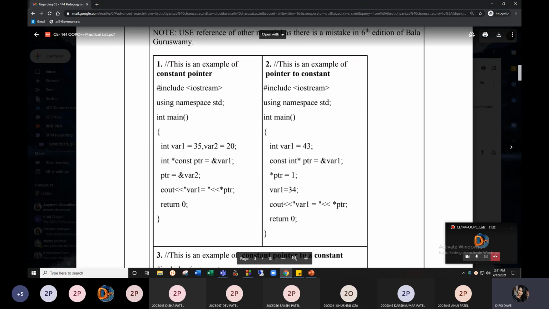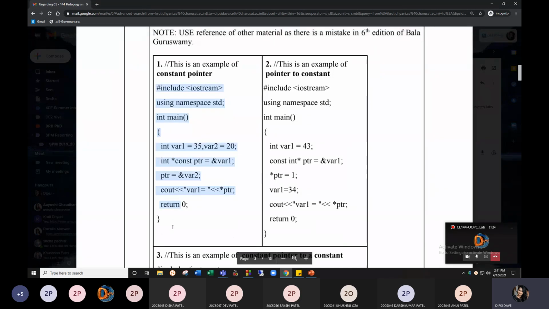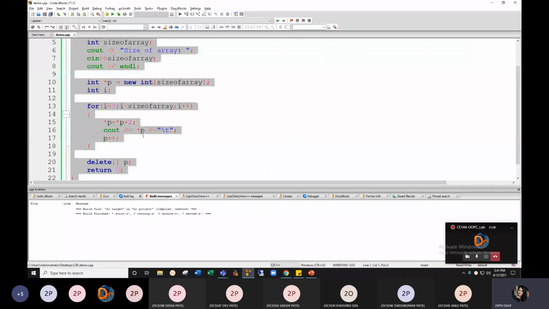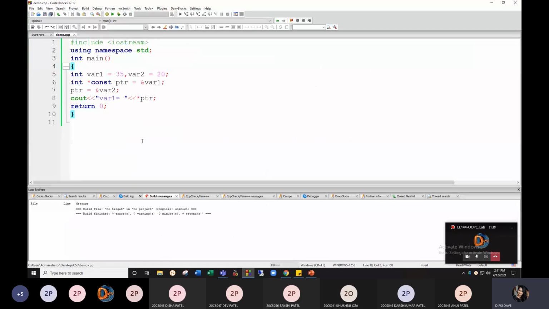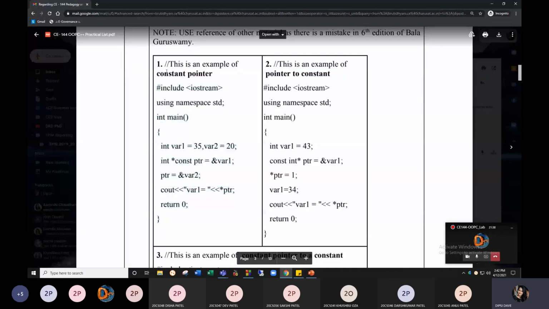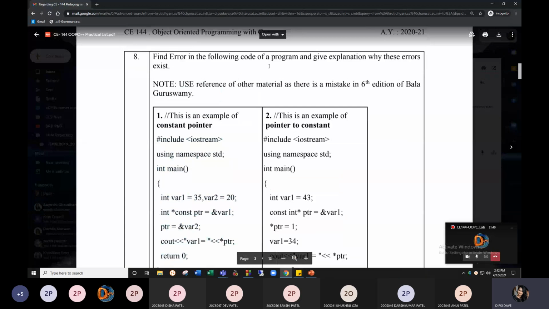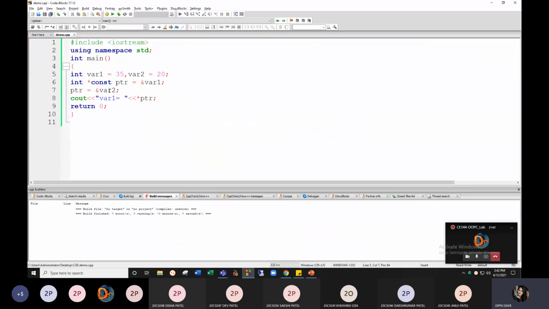Now let's see a constant pointer. Let me directly take this. See, over here integer variable 1 equals to 35, variable 2 equals to 10, 20. What we need to do is find the error.